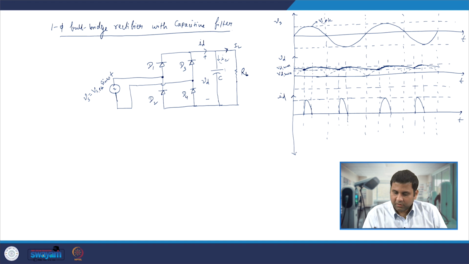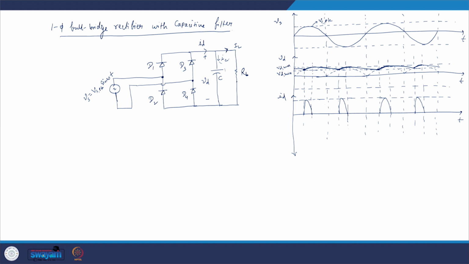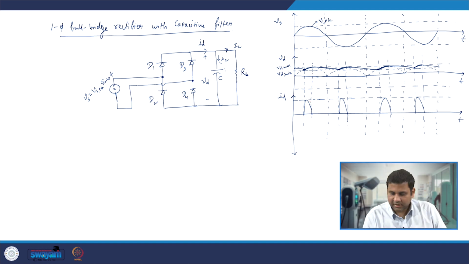Why does it come down? Because after this point all four diodes get reverse biased, and then this capacitor will be supplying this IL current. That is when the current drawn, this ID current, becomes 0. And if you see the IL current, the current which is being drawn